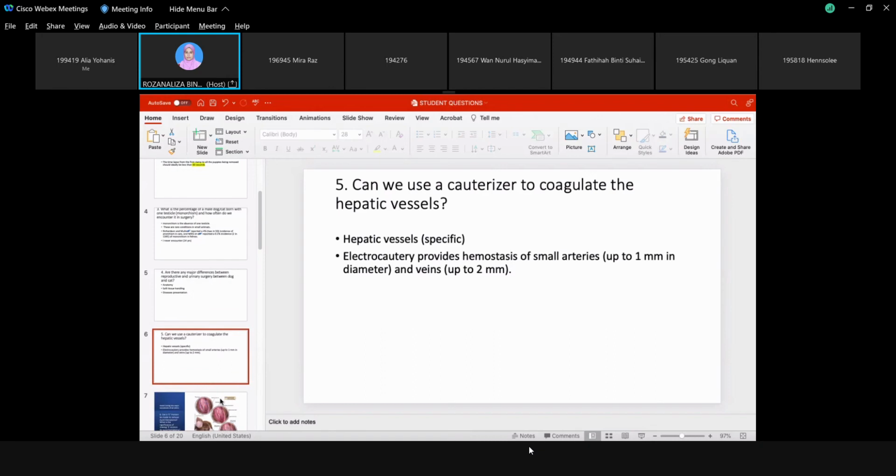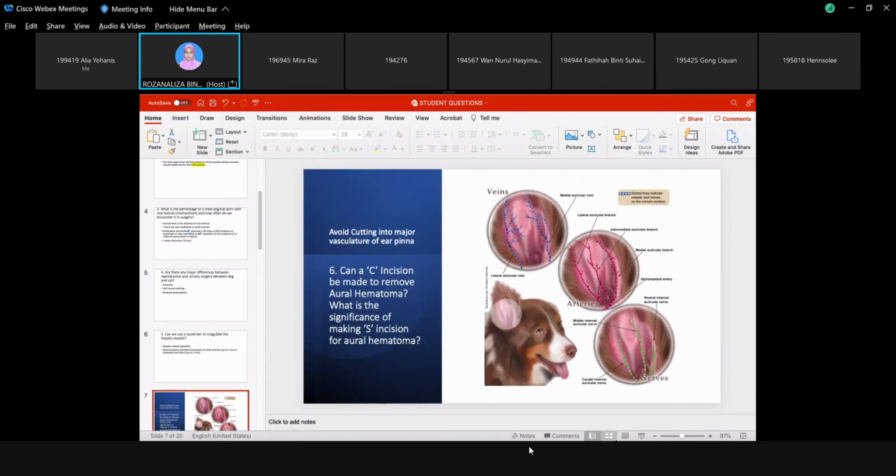Okay, everyone clear? If you want to know how big 1 millimeter is, take your ruler and look at 1 millimeter for arteries, and veins 2 millimeters. So they are quite small. Okay. So next,